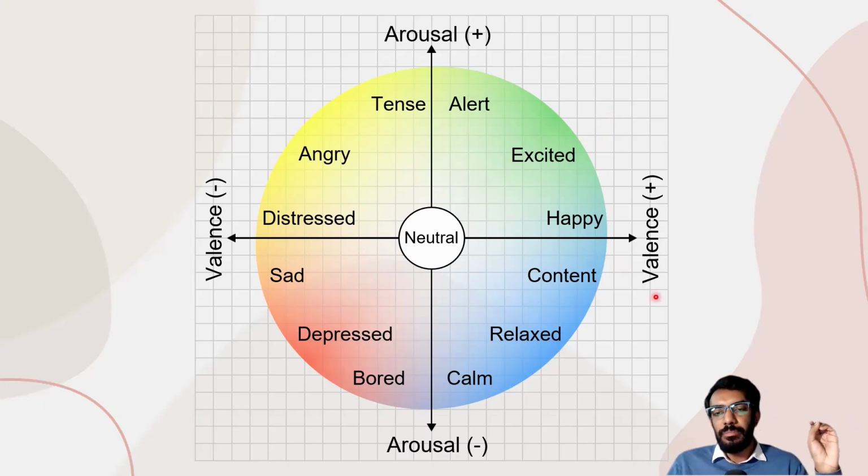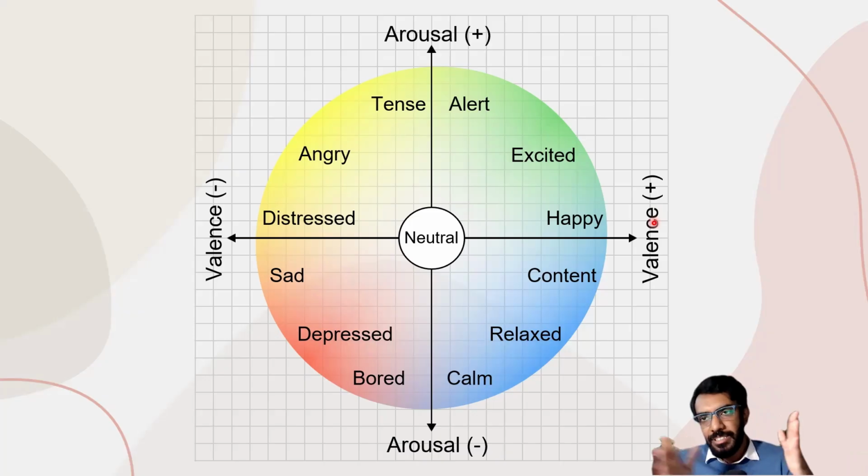Right. So, for example, if we are having a high valence, whatever stimulus is there causes a high valence and high arousal as well, right? So this could be something like alert. This could be something like excitement, for example. You're not just happy, you're excited, right? You're aroused as well as positive. Versus you may have something which is positive in valence, but very, very low arousal. It may be a sense of calm, for example. You're sitting and listening to some relaxing music. You're feeling happy. You're not aroused. There is very little physiological arousal, and the valence of it is positive, right?